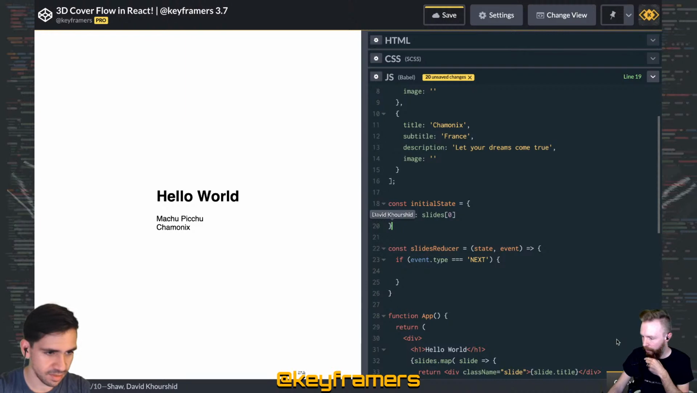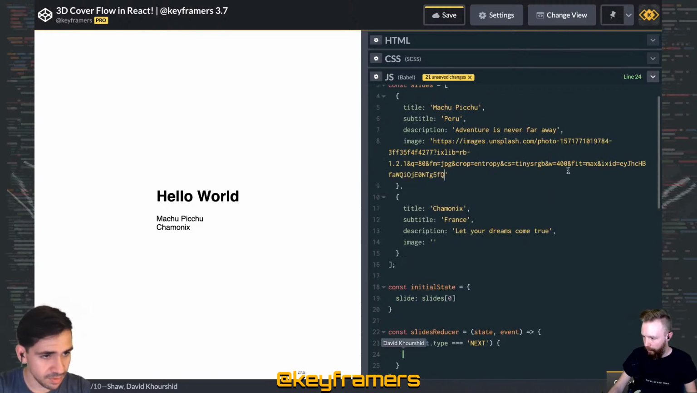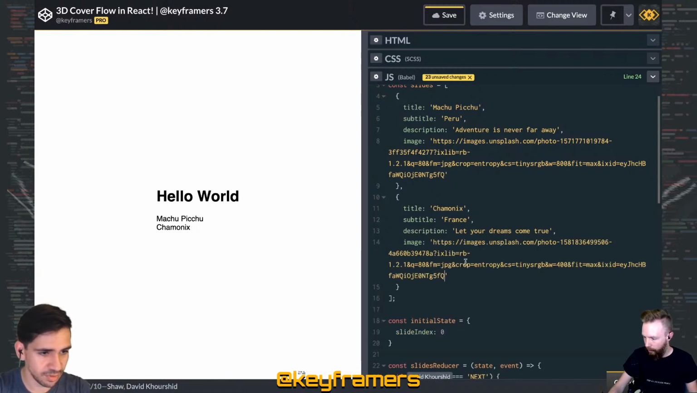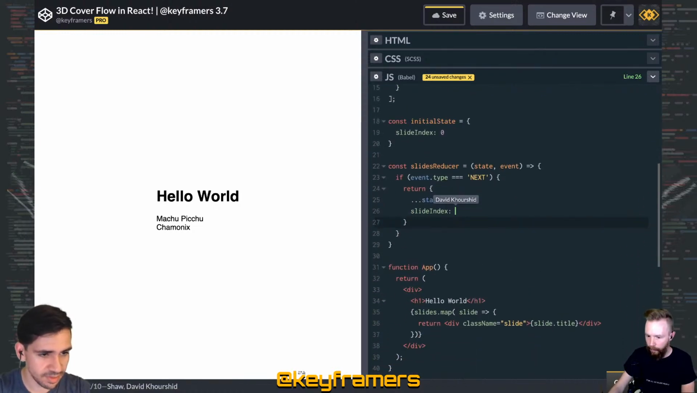Actually, yeah, that's pretty much all we need. So if event.type equals next, and you're adding a few. So actually, we want the slide index. Current one is going to be 0. We just say return states for slide index is that the current slide index, so